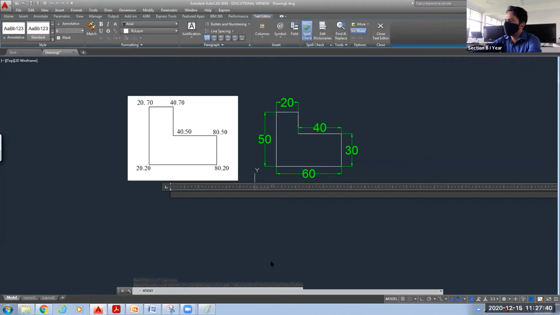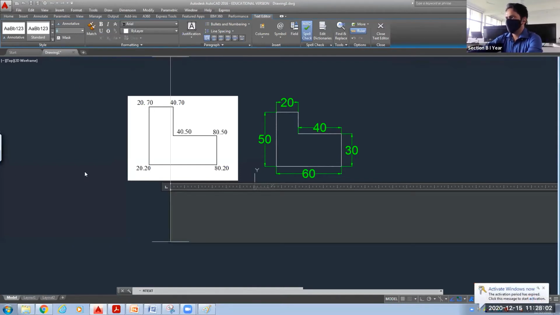Now, if you want to adjust the height, what is the font size? I don't know. So here you can see by default it is text height. It is showing 0. If you will write anything with text size 0, it will not be clearly visible. So let's make it 8. Okay.